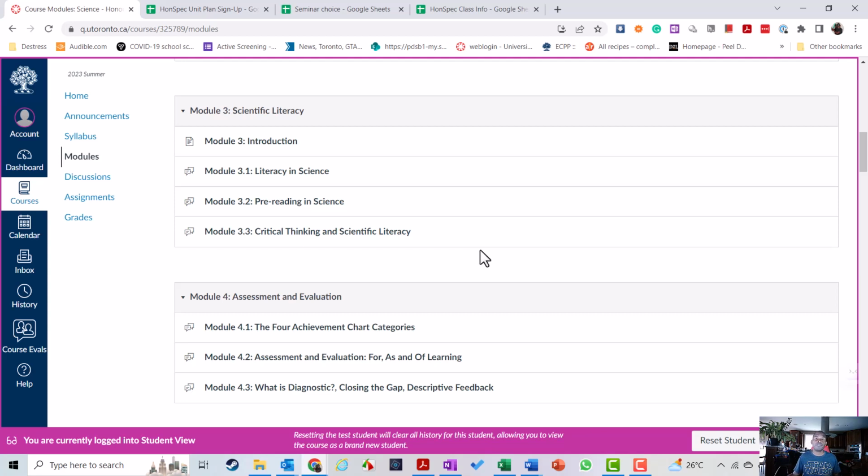If you are unable to make a deadline or something happens, send me a personal message. If the message that you want to send me is personal, do not post it on the help forum because everybody sees it there. If it's something related to how something was assessed, or if it was related to something that happened with you and you're not able to meet a certain deadline, then that's a message to me directly.